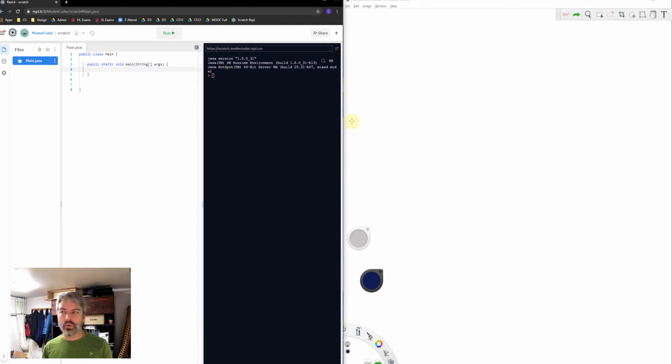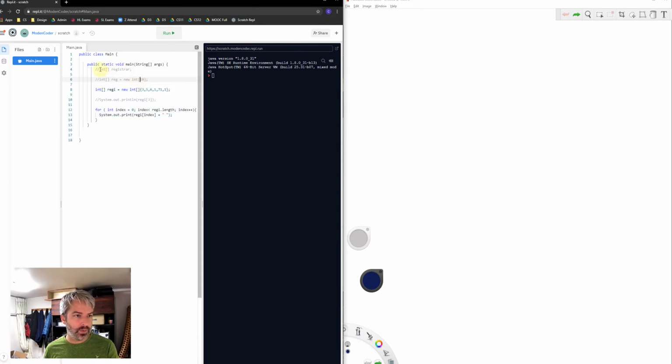Okay, so I want to record a quick video showing some things that we could do with an array list, or excuse me, with an array. Because we said before how we might initialize an array. Actually, I had this stuff just up here. We said there might be three ways that we could. So if you look at the screen over here, there might be three ways that we